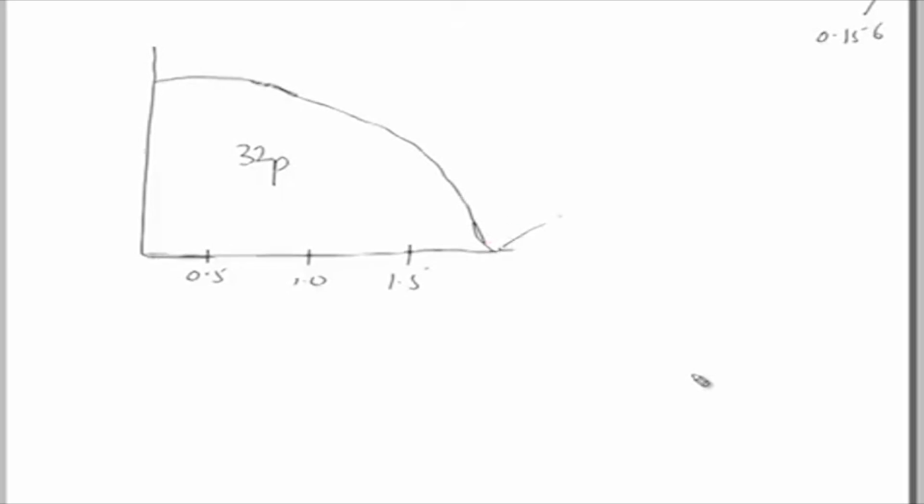Here E maximum is almost 1.71 and E mean is somewhere around 0.70. So you can see the beta spectrum here, that particles are emitted from 0 to a maximum energy,